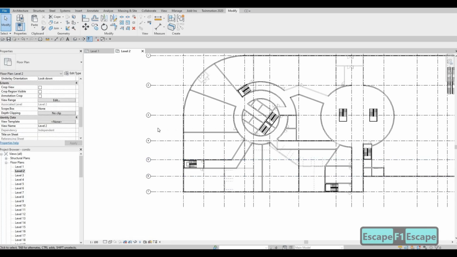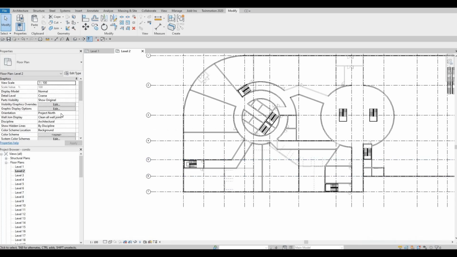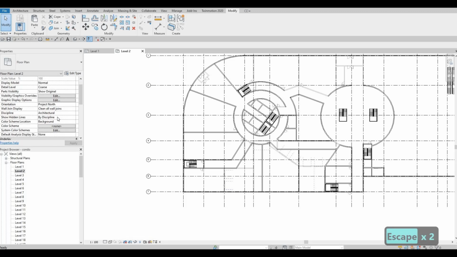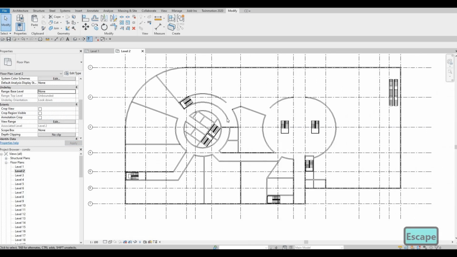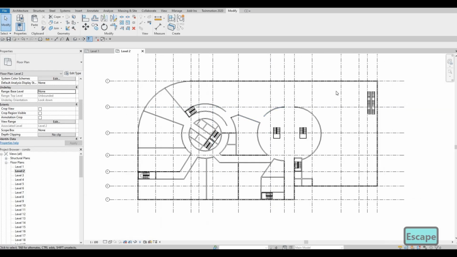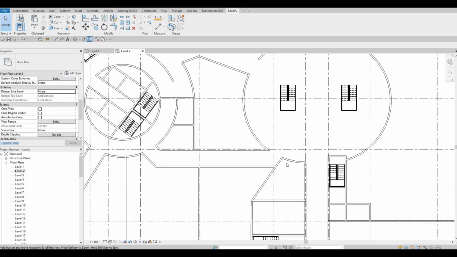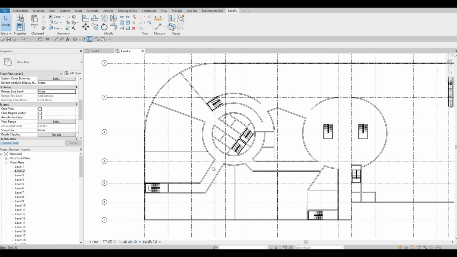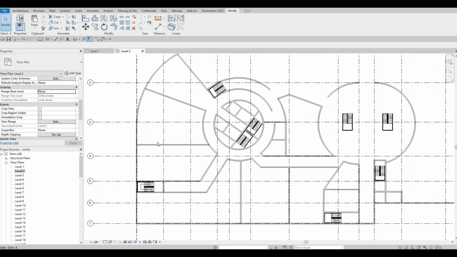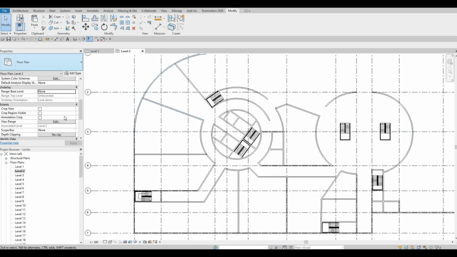And then now let's go to our properties, press escape multiple times, and then go to your properties, and let's hide it. So go to range base level to none, and then here, as you can see, we still need to add some of here. So we've done here, but on the other side we're not yet done. So let's just put it back again,